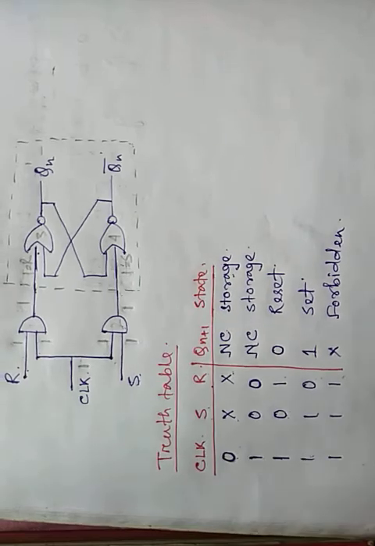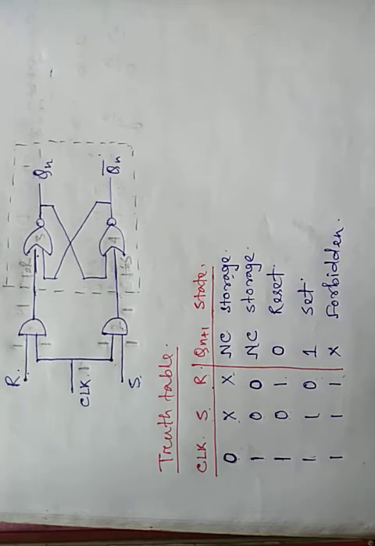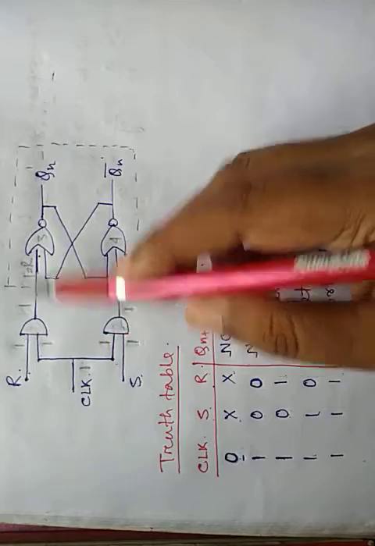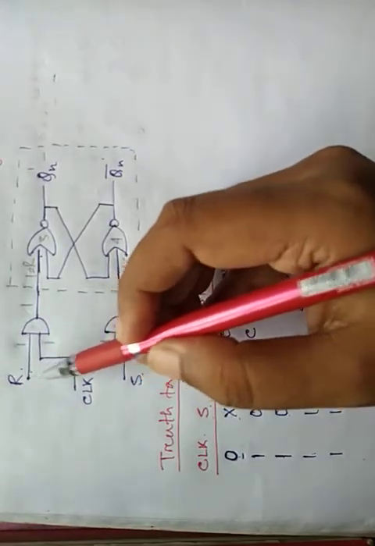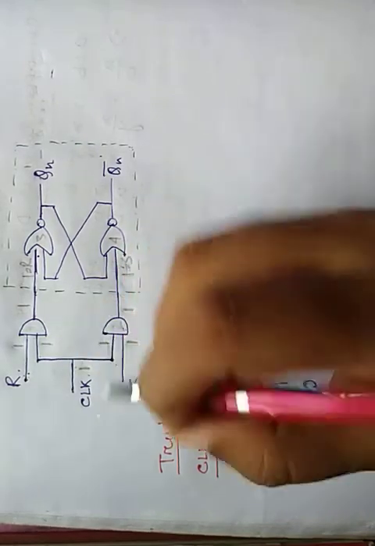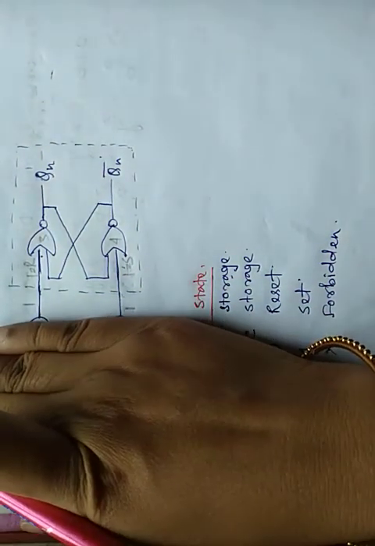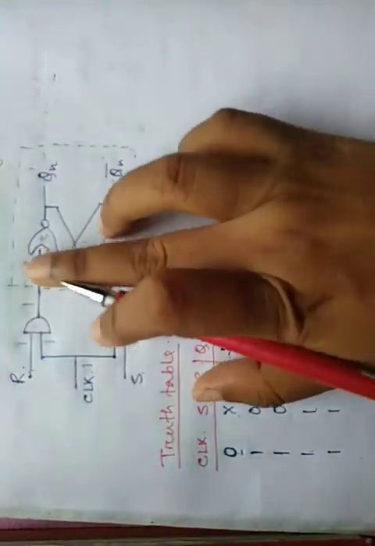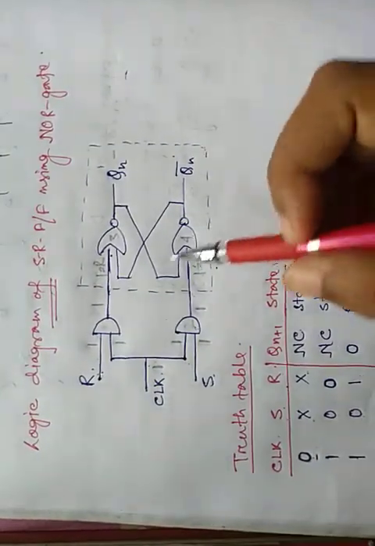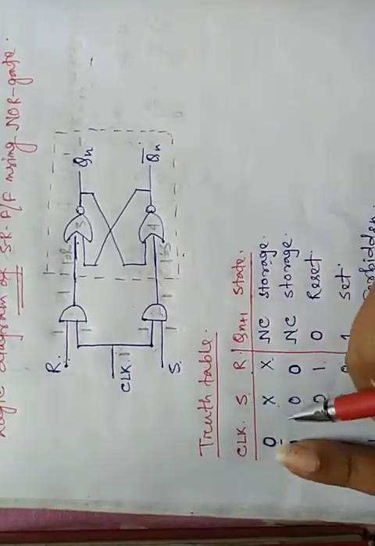So this is the truth table of the SR flip-flop. As an SR flip-flop, you can see here that when the clock is 0, this flip-flop totally depends upon 3 inputs, S and R and the clock, as this is a flip-flop. And whenever we use a latch, there is no use of clock. So that totally depends on only inputs R and S.